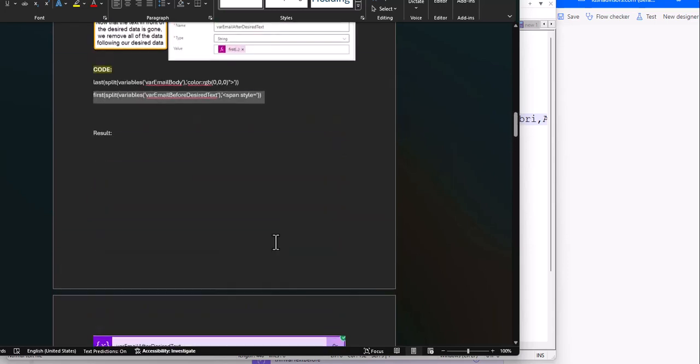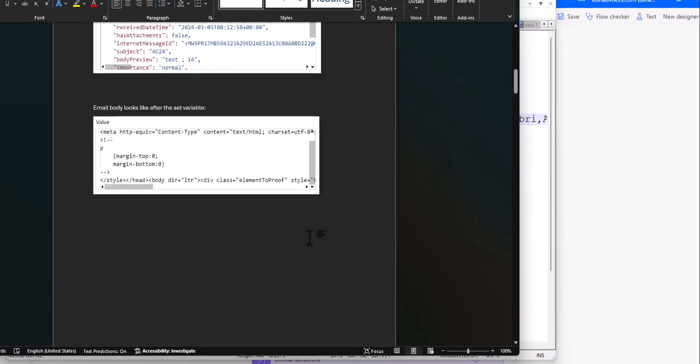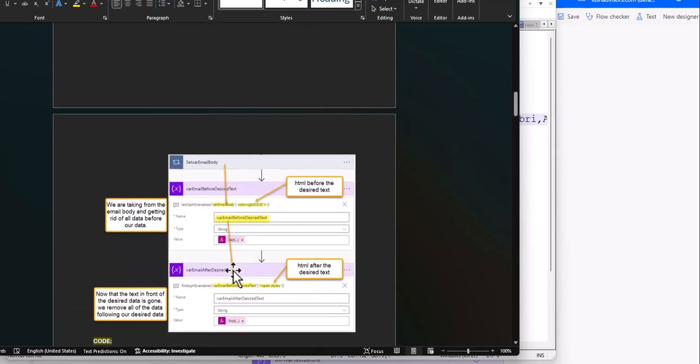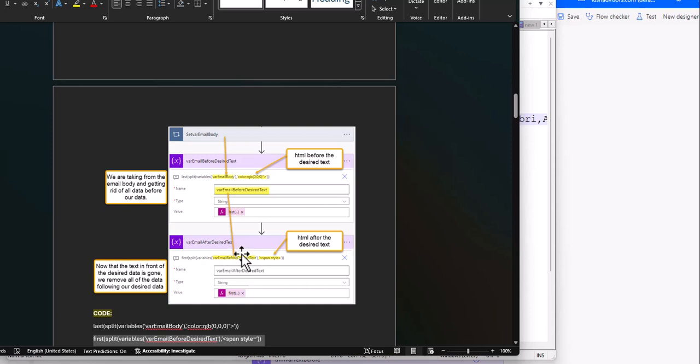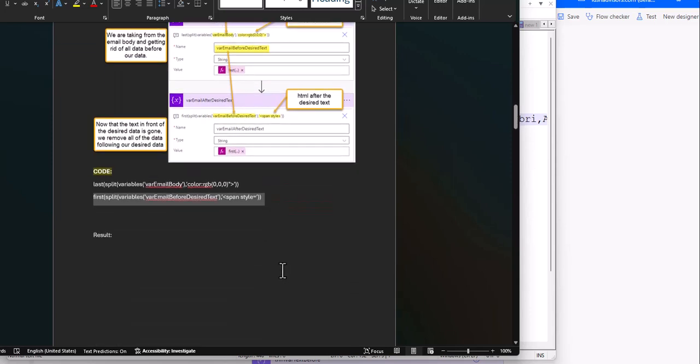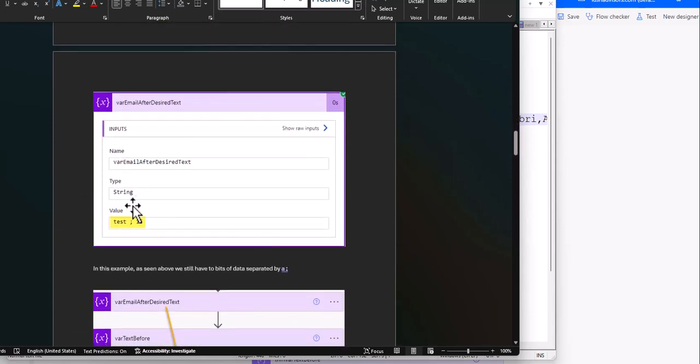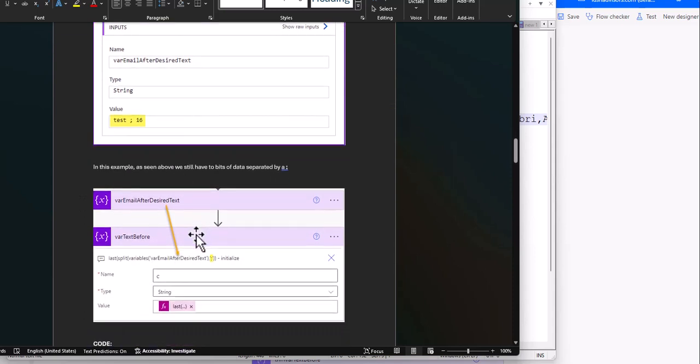Now, we could have done that up here, by the way. We could have just written these differently, but I wanted to show this to you just in case you're only collecting one piece of data, right? But in this case, we're collecting two pieces of data, so that's okay. We're just gonna